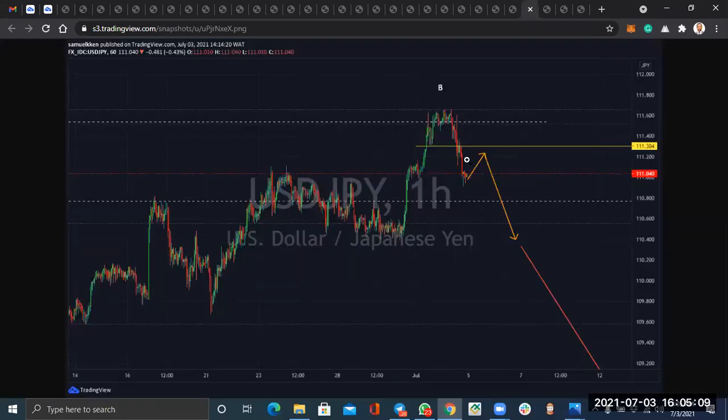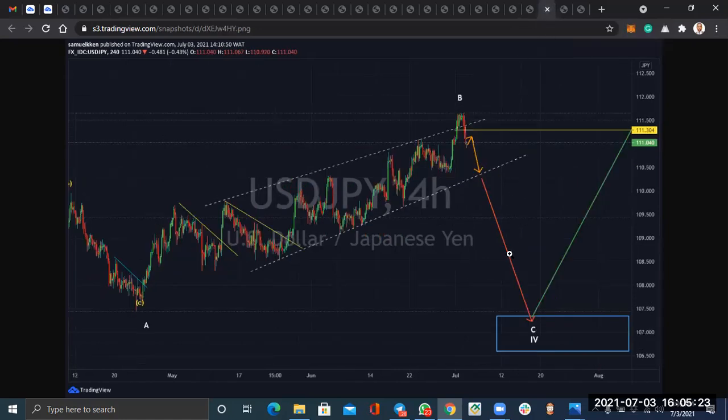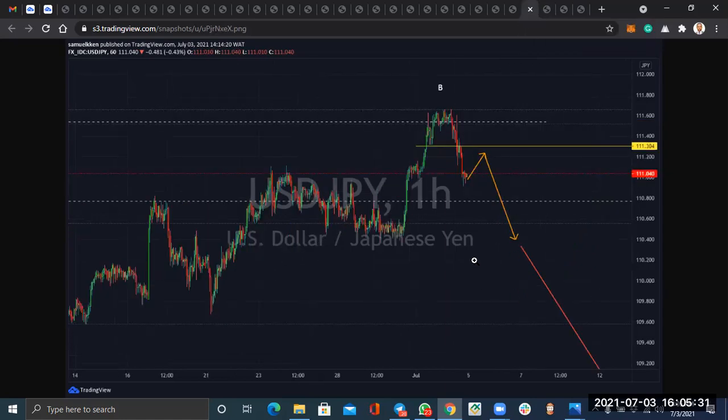On the 1 hour, once we get a good 3 waves move or a flag, then I will sell towards that. I would say towards this very trend line first. It will be a nice sell towards this trend line, which means